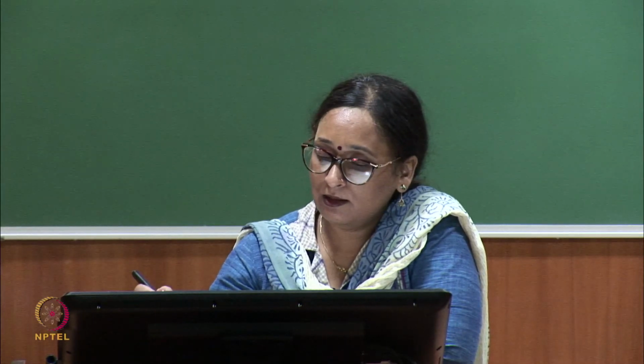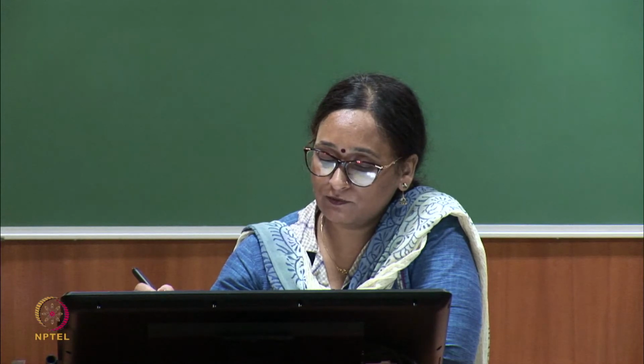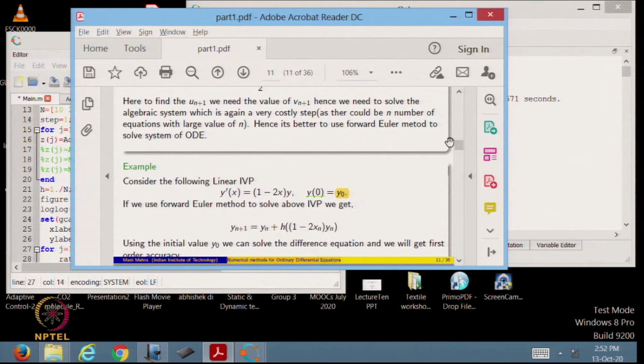Okay, so, if you remember from our previous lectures, we have taken one example which is this. We consider the following linear initial value problem y dash is equal to 1 minus 2x y, where the right hand side was 1 minus 2x y and the initial condition was an arbitrary y 0. So, in today's lecture, we will focus on the following example of an initial value problem and we will try to solve this initial value problem with different numerical methods which we have already studied in previous lectures.